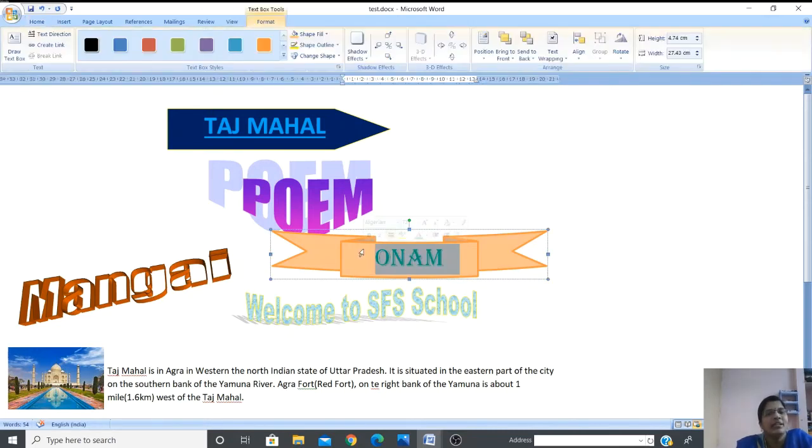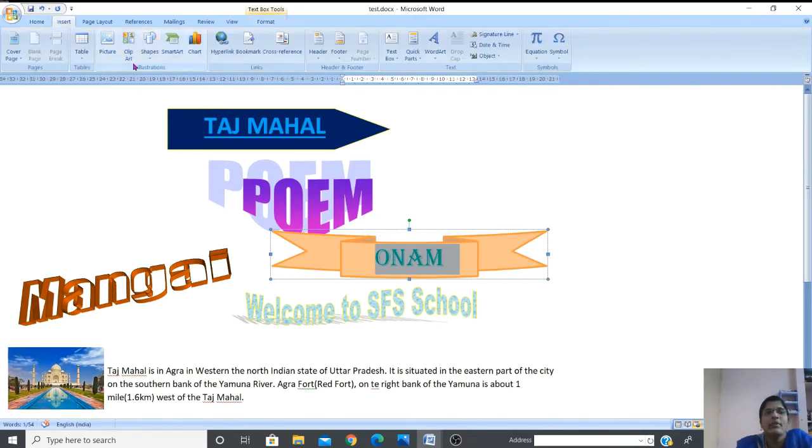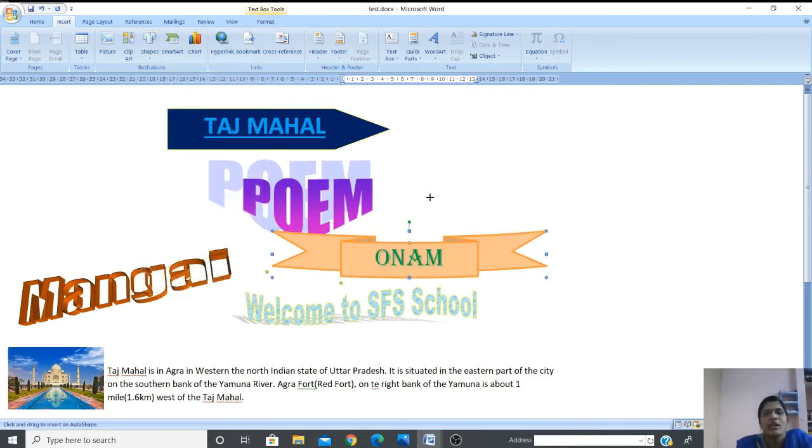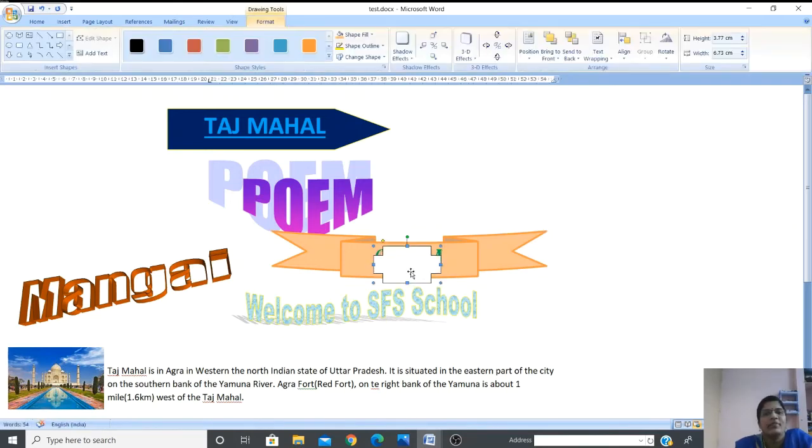My cursor is here only. I'm inside here only. Now go to the Insert tab, Illustrations group, then the Shapes arrow. Then you can add a shape as you like. Let me add this plus symbol. Am I getting a plus symbol here? No, right? So how do I get the shape? Yes, good. We have to click and drag it. Wherever you need, just click and drag it. Fine. So it is on top of the first shape.